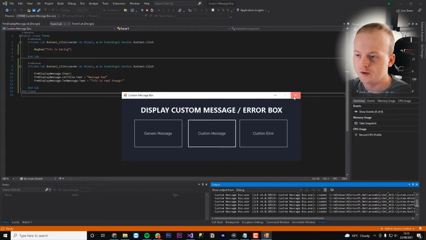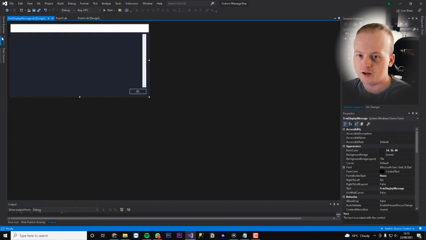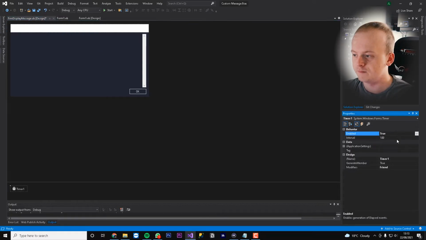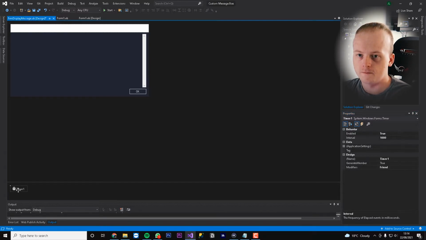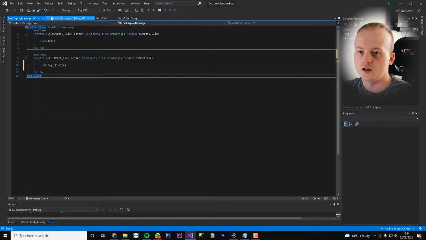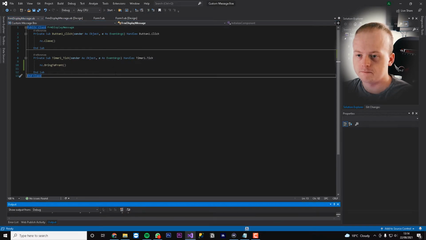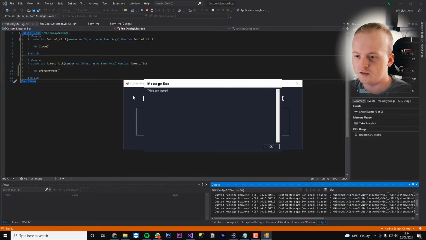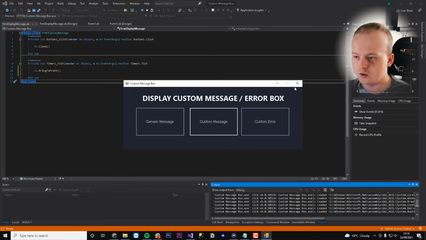So what you can do is on your frmDisplayMessage, add a timer, enable it, and do a tick of 1000, which is every second, and then code your timer to do Me.BringToFront. Now when you start it and you hit custom message, if you click away, it'll automatically come back to the front of screen, and there you go. And then you can hit OK to hide that again.